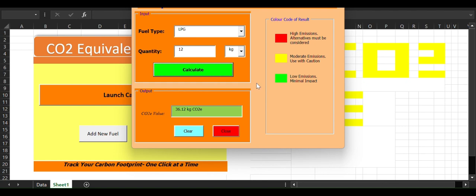So on your right hand side you can see low emissions, minimal impact for the green color. So let's do something and just add 2 zeros. Once you add 2 zeros, you see that the color changes and the value also changes to 3612.00 kilogram, which corresponds to moderate emissions, meaning we have to use caution as they have potential to cause more global warming. So there's this clear button where we can clear it and then we can close the